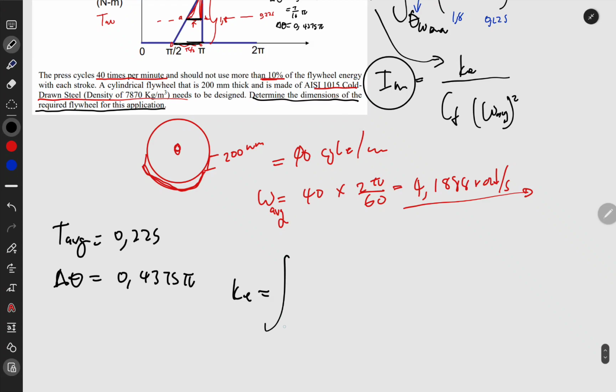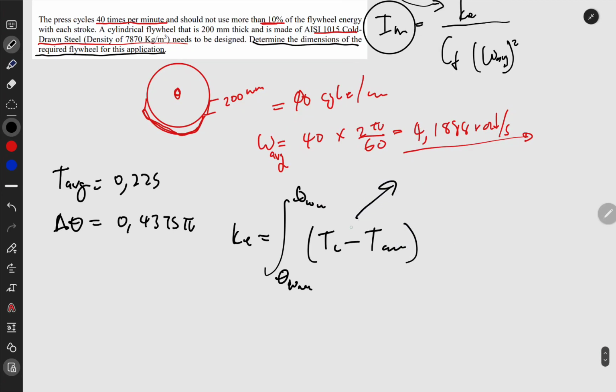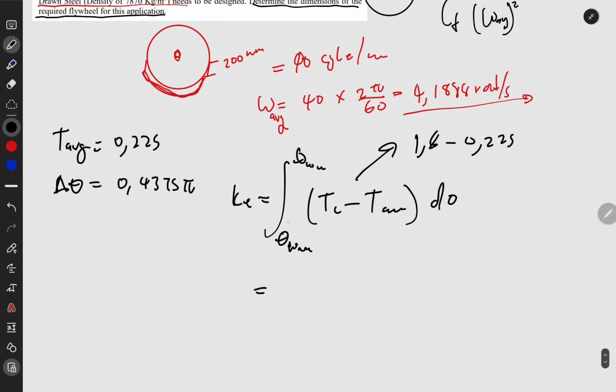If we do integrate, we'll get something like from theta omega max to theta omega mean of change in torque, because here it will be torque minus a load all over torque average, and we can just do that math here. That's going to be 1.8 minus 0.225. Can plug it here. d theta, remember, and then